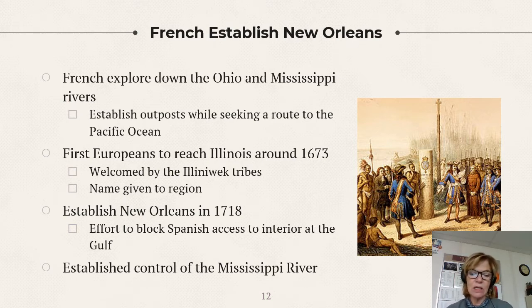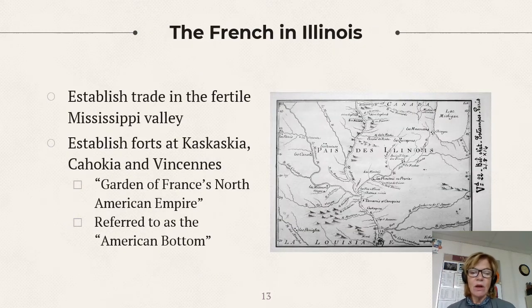And then they go down, they establish New Orleans in 1718, and that's in an effort to try to block the Spanish from going up there and then attacking them in the interior as well. So this is important because they're going to gain control of the Mississippi River, which means that they can control trade in later years. All right, the French, really, if you look at some of the names throughout Illinois, you can see that they have their French in their origin. LaSalle, we have Père Marquette State Park. If I sat and thought about it for a while, I'll probably get a lot. Marquette, there's just quite a few. Peoria.